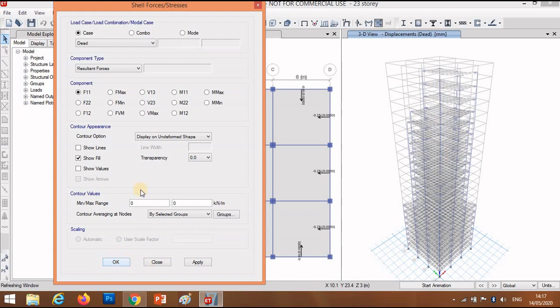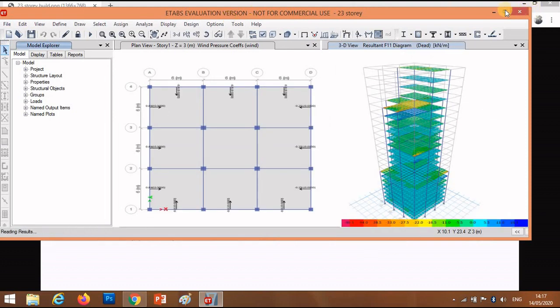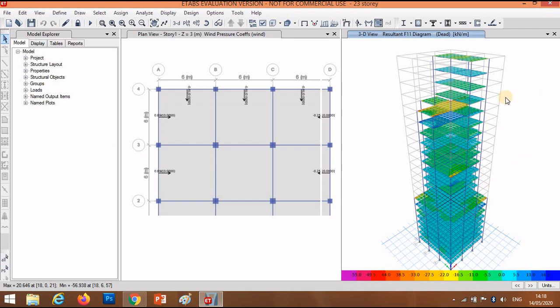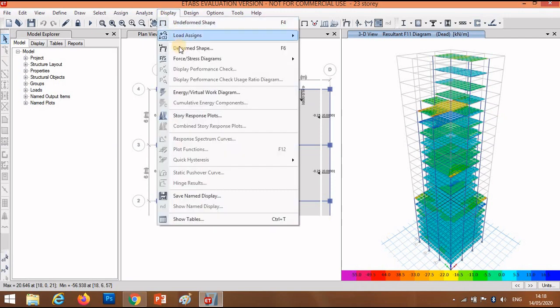After that, wait a minute. Now in this section you can see the values arriving between the colors. If you look at this beam or slab, you will see the values between 16.5 to 22.5.